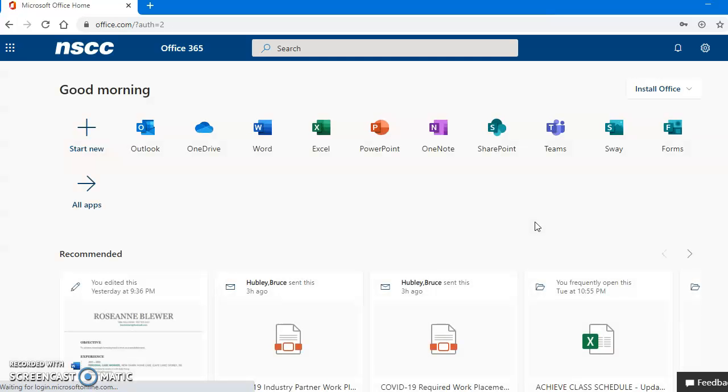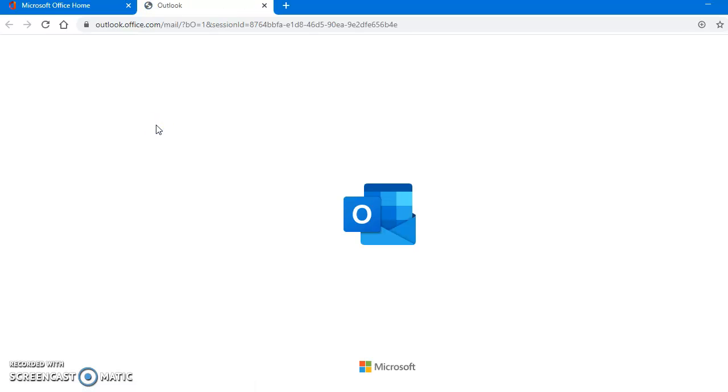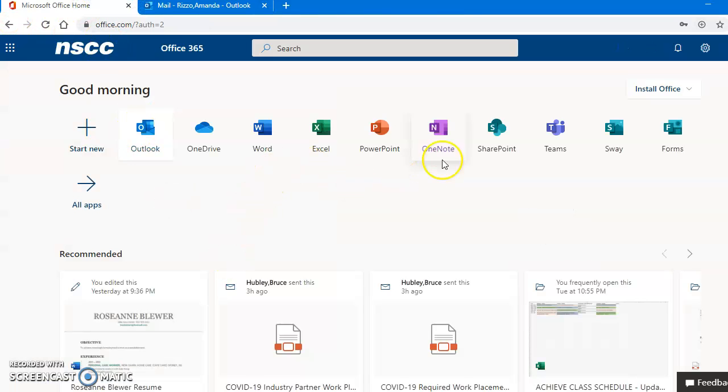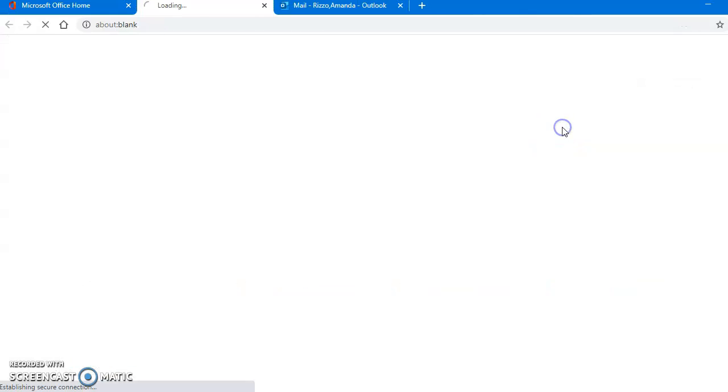Here we go. You might not see the same thing that I'm seeing here, but these are some of the apps that you would be able to access, and some of them we will be using this year. Teams is the big one, along with your Outlook email. If you click Outlook, that's where all of your emails will be. And if you click Microsoft Teams,